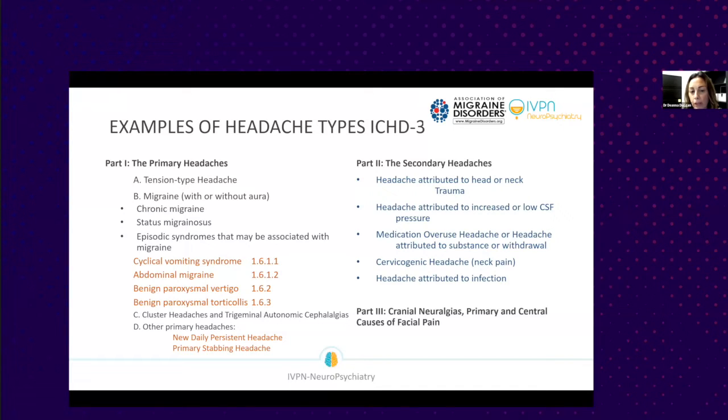these are all syndromes that may be associated with migraine, with the thought that as children, there's a lot of rapid growth. Specifically, we know there's the most rapid amount of growth in the brain from birth to 3 years of age. We have seen and diagnosed toddlers as young as 2 years of age or even younger with some of these episodic syndromes. And as they continue to grow, sometimes these episodic syndromes will evolve into more of a classic style migraine.